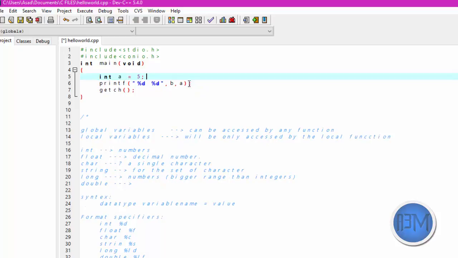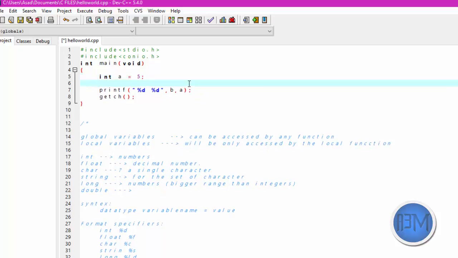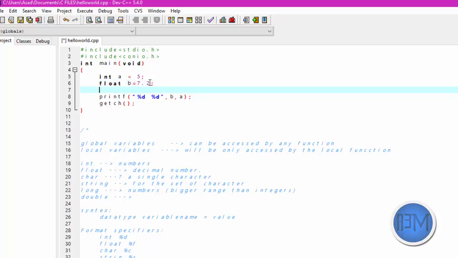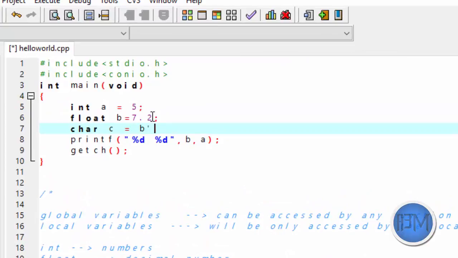Now let's get a little advanced. We have integer a, 5. We are going to make another variable, but this time we are going to use float. Float means decimal numbers. Float b equals 7.2. Char c equals. Now in char you cannot give y directly, because if you give it directly,